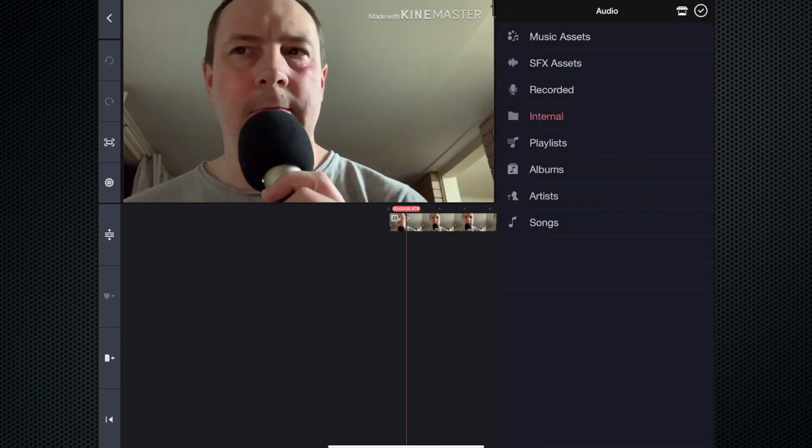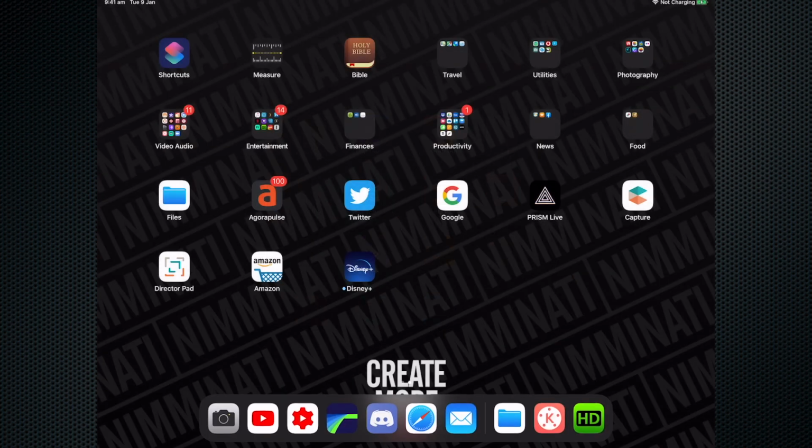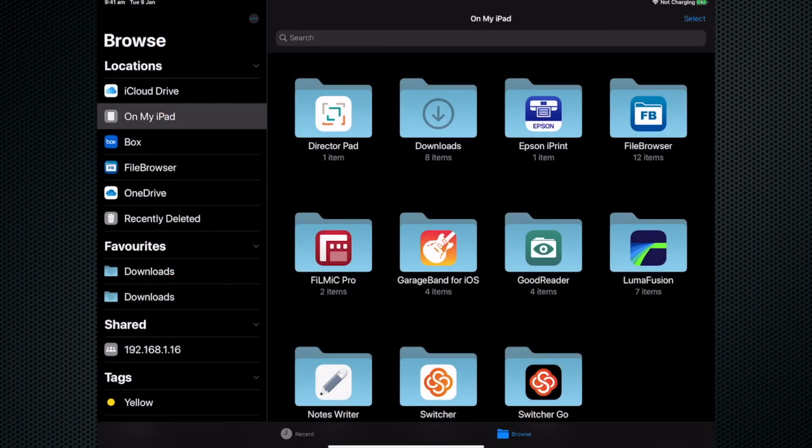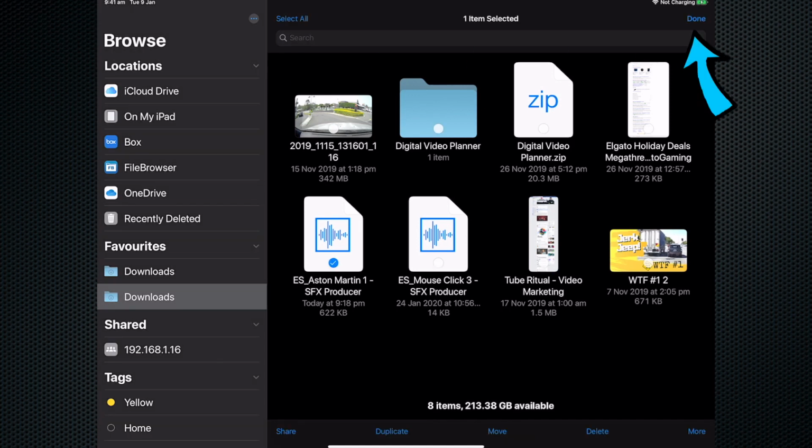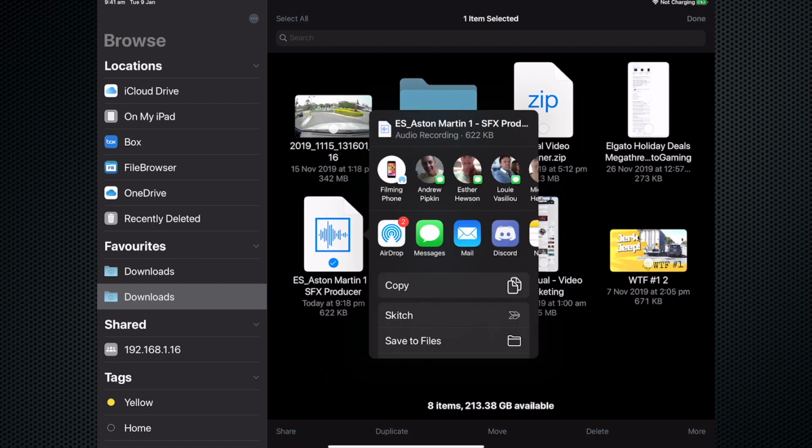Just going to jump back out of KineMaster real quick. I'm going to go back to the Files app. First thing I'm going to do is go back to the Downloads folder where the file is that I want. So I'm going to click select, and I'm going to tap on the Aston Martin 1 sound effect, and I'm going to click share. See share there, and then we're going to have an option to share it to different